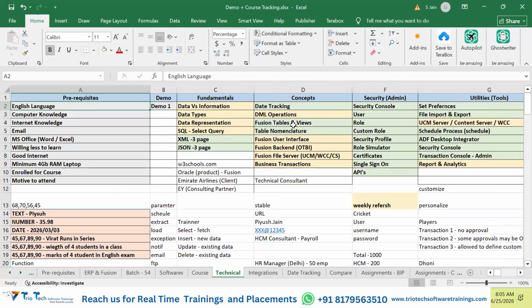Clear, guys? So for today's assignment, go to W3Schools, Google W3Schools XML. Spend 5 minutes on the first 2-3 pages of XML. In the same way, W3Schools JSON, spend 2-3 minutes on the first 2-3 pages of JSON. Not more than 5 to 6 minutes you need to spend. Very quick, just roll your eyes over it. If you figure something out, good enough. If you don't understand, don't read it again.